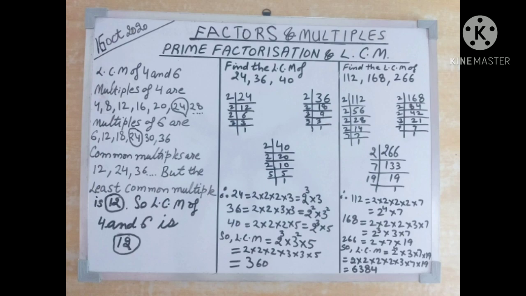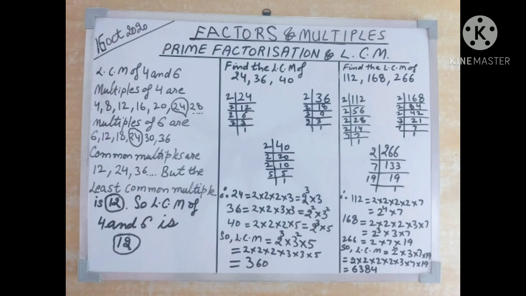How to find the LCM by prime factorization method. In order to find the LCM of two or more given numbers, we write the prime factorization of each of the given numbers. Then the required LCM of these numbers is the product of all the different prime factors of the numbers using the greatest power of each of the common prime factor.